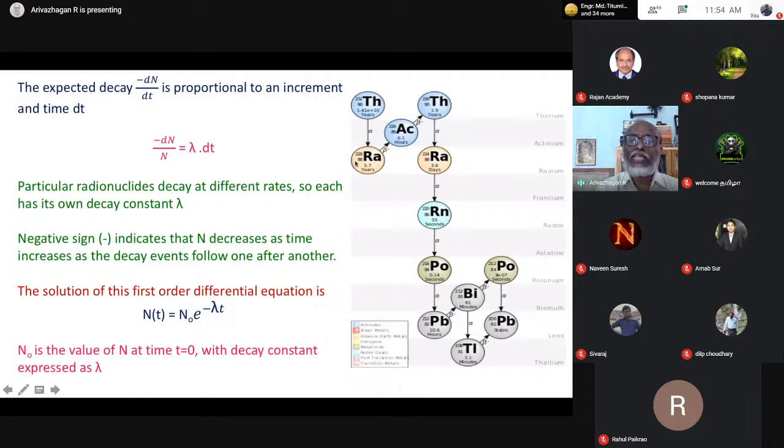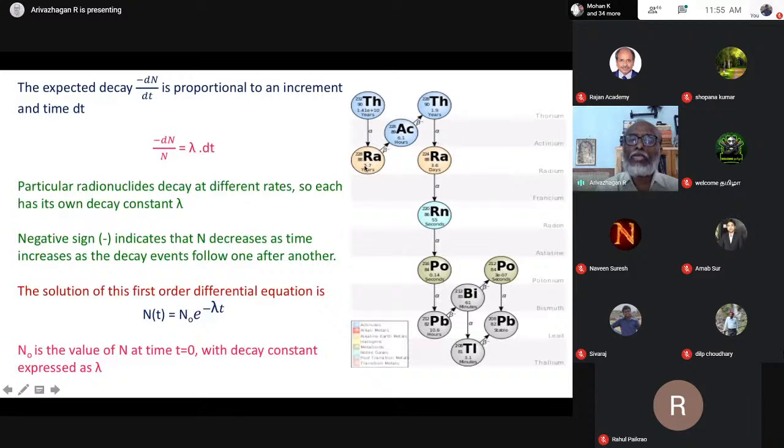Then one more interesting thing: here it emits an alpha particle. Then it will take so many years, million years, and then it becomes radium. After that it emits a beta particle. It will take only 5.7 years, then it becomes actinium. Then it takes 6.3 hours only. Again, it emits a beta ray. So it is a continuous decay, a continuous process.